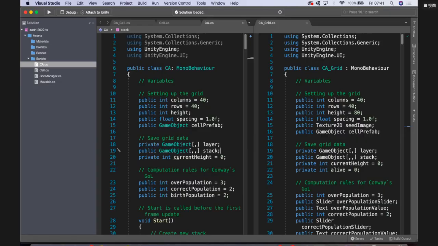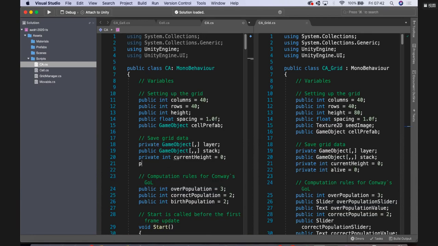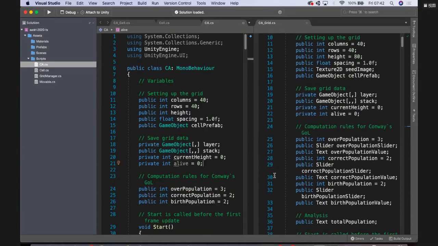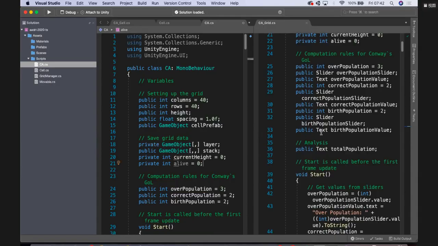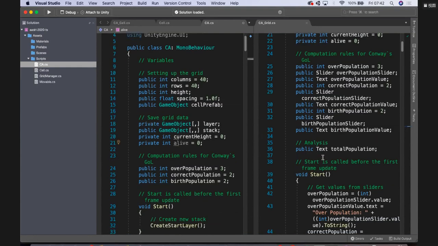So my first analysis is going to be maybe how many cells I have in the stack, how many alive cells I have, which again, some interesting variable to have. And I'm gonna set it to 0. This actually stays the same. Okay, I'm gonna do this a bit later on using a user interface, which we can make a bit more interesting. But for now,